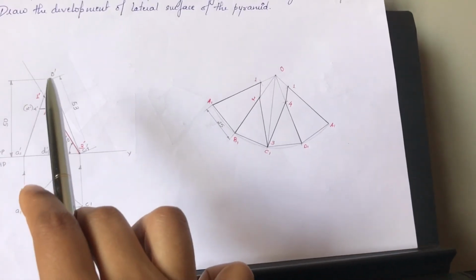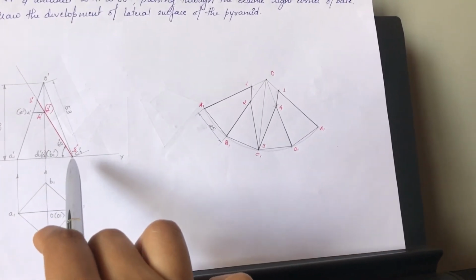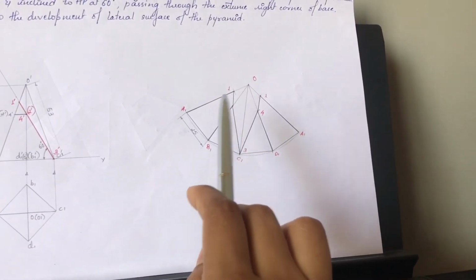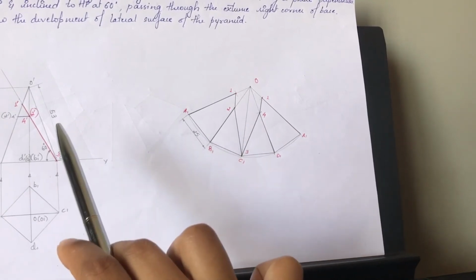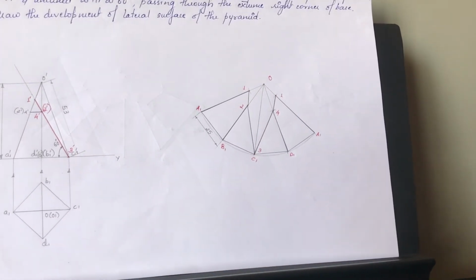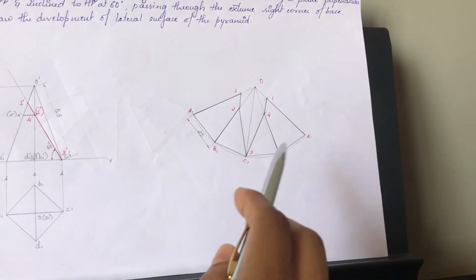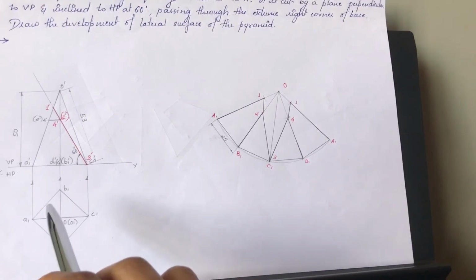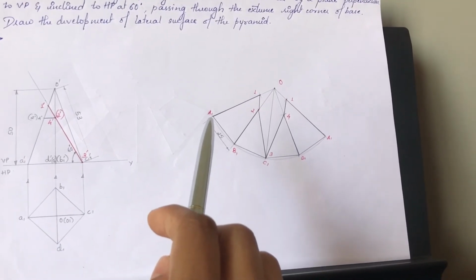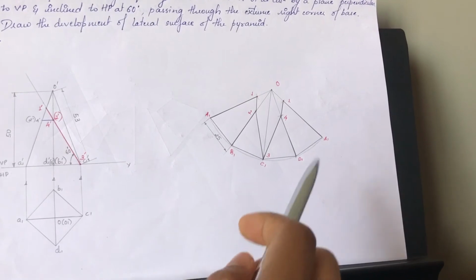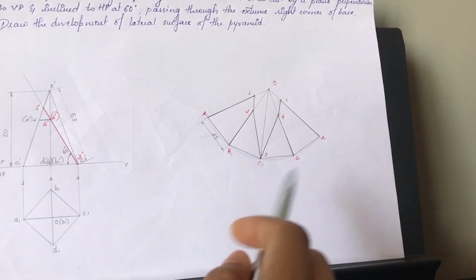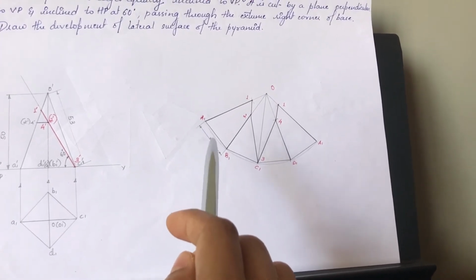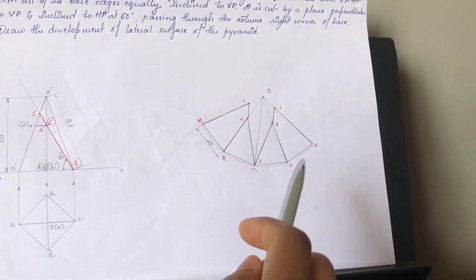So first you measure O dash to C1 dash with the help of a compass, and by keeping O as the center and taking 53 mm, that is the slant edge true dimension, you then draw an arc. Once you draw this arc, you measure the base edge. The base edge given here is 25 mm. So by keeping your compass here, you go on marking 25 mm such that you get 4 base edges. Once you get those markings done on the arc, with a scale you can join A1 B1, B1 C1, C1 D1 and D1 A1.